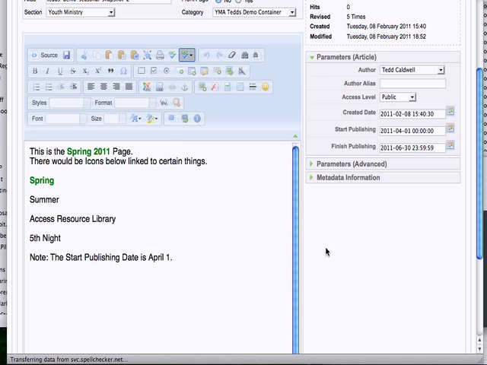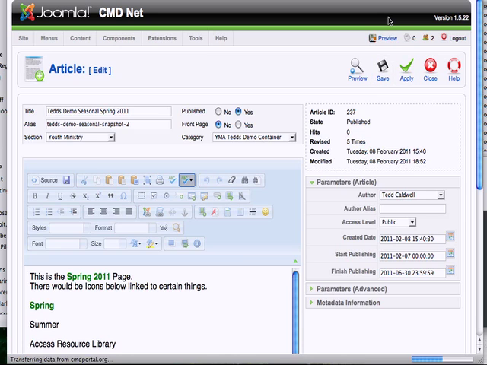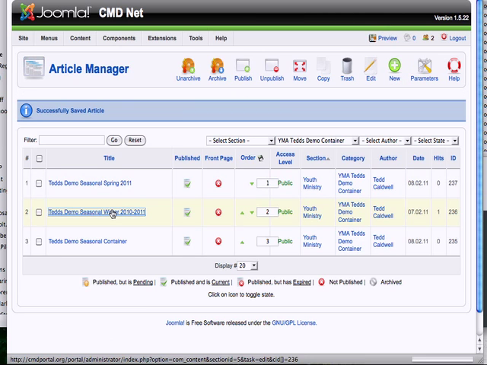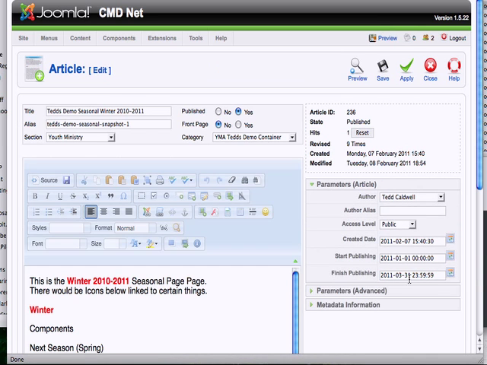So just to kind of demonstrate what that would look like, since today is February 8th, I'll say, well, let's start publishing this, I'll say yesterday, February 7th, instead of waiting till April. So I've changed that. And I'll go back to the winter one, and I will take it out by changing its published down date, or its finished publishing date. I'll put it to a date in the past just to demonstrate how this works. But let's say it was to stop on February 6th, which I'm typing in there, and save it. And if I go back to the front end and I look at